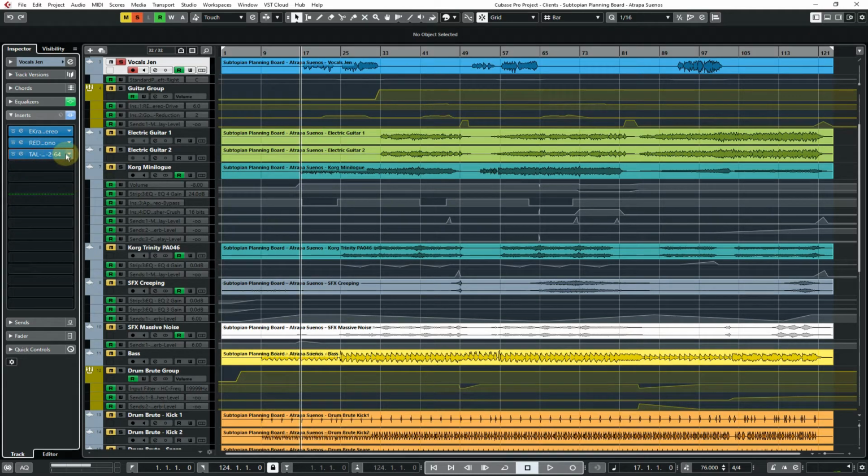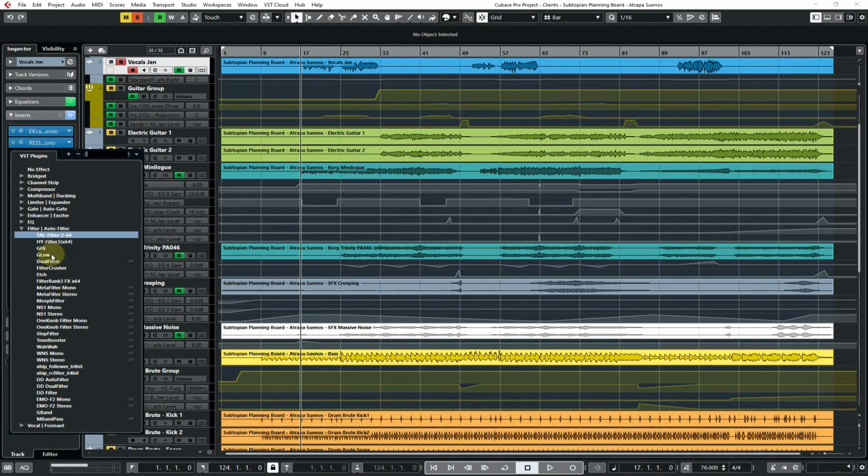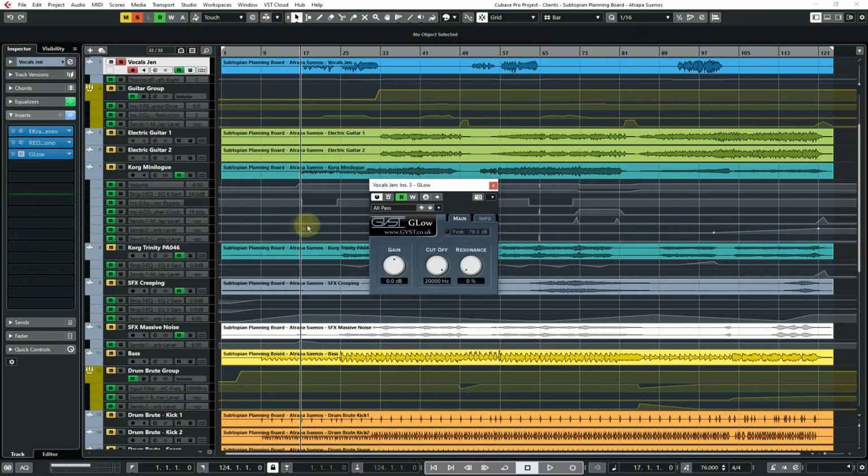Very, very nice free filter by Tal Togu Audio. Filters aren't always moving like that, they can be fixed at certain frequencies. So if we're to open this one up,